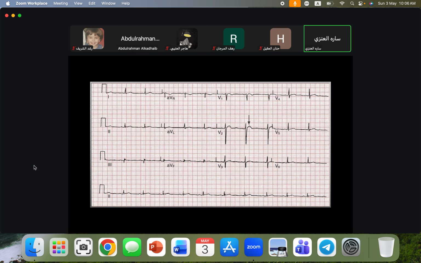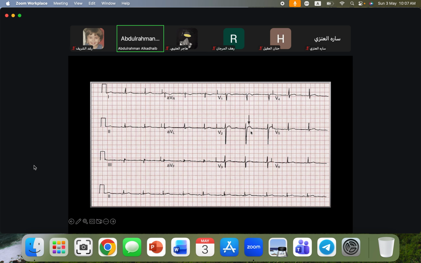Short QT interval. You're right. Just to memorize it, high calcium will cause short QT, low calcium will cause prolonged QT. So just reverse the ECG finding with the level of the calcium. This is an easy way to remember it. And